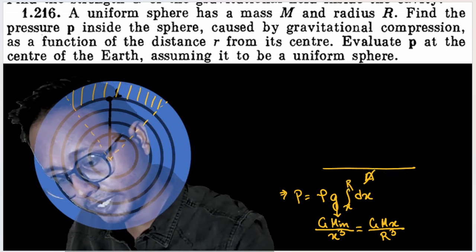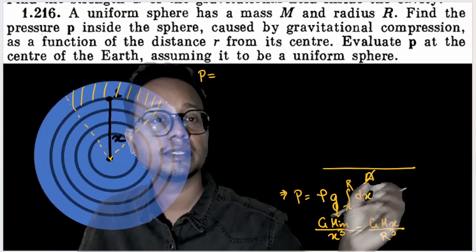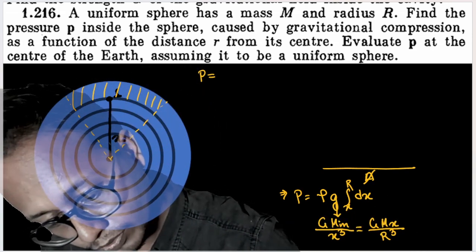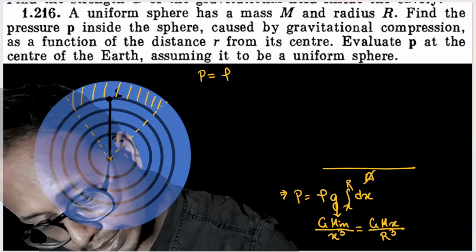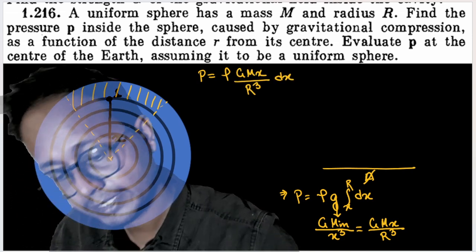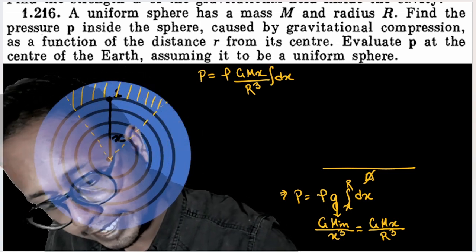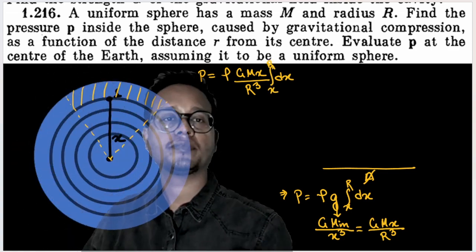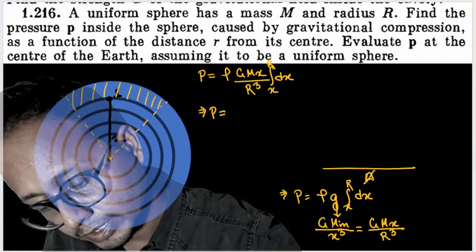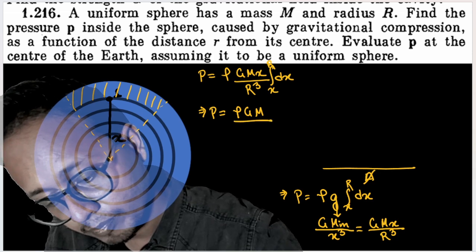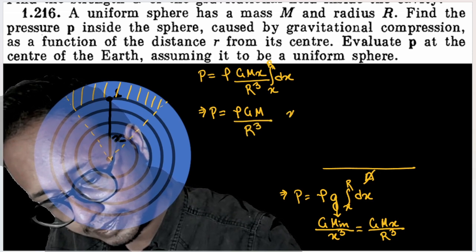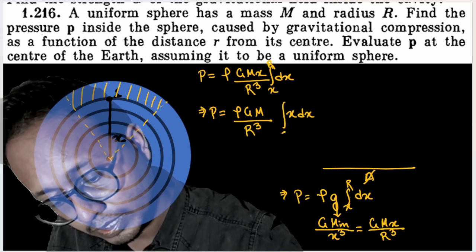Okay, so the pressure out here is nothing but rho into this value into this value. So rho into GMx divided by R cube into dx, and x from how much? X to capital R, isn't it? Now what are the variables out here? Only x and dx. So if I integrate this one, pressure out here is equal to rho GM by R cube into x dx,